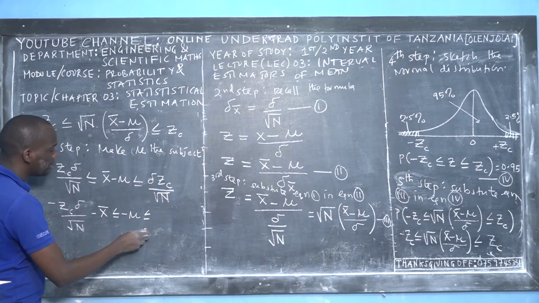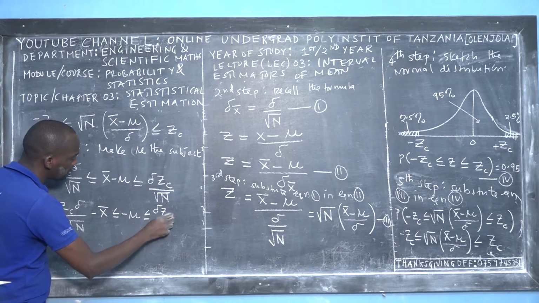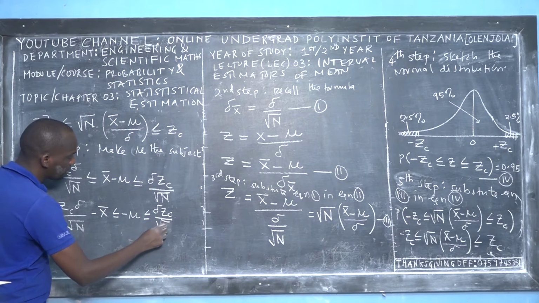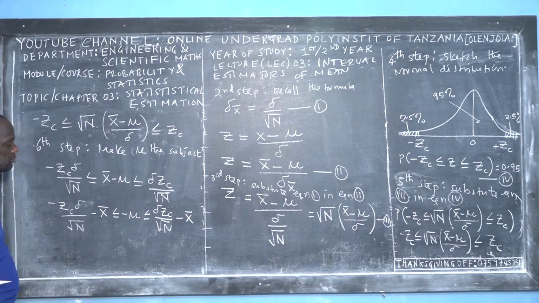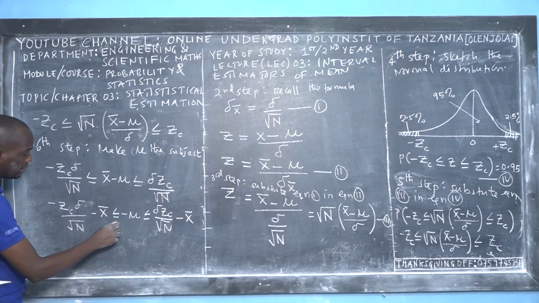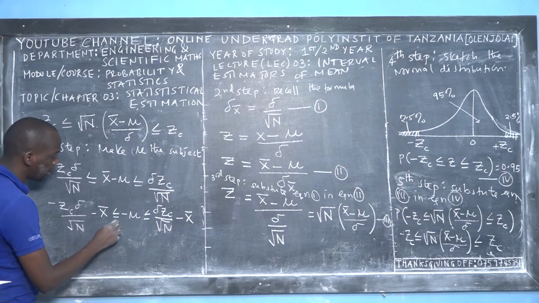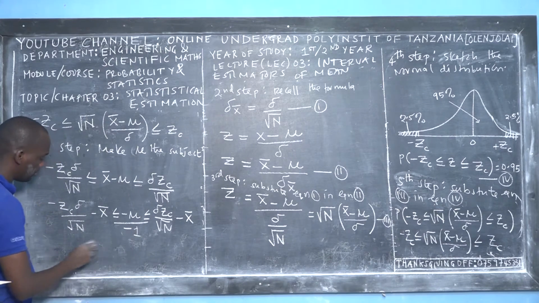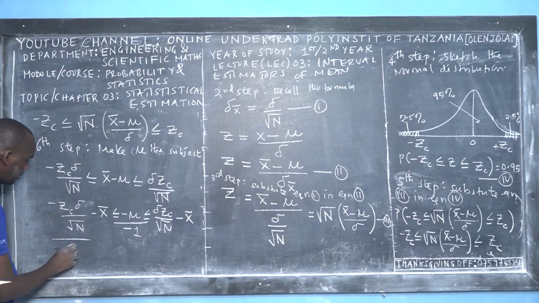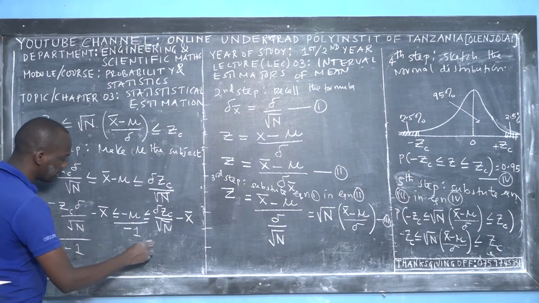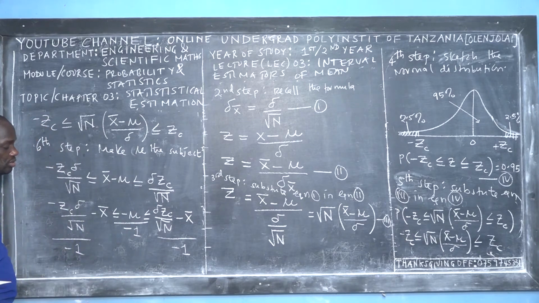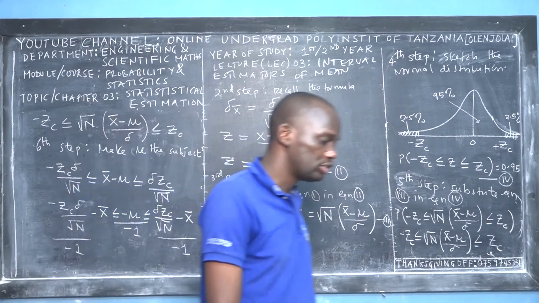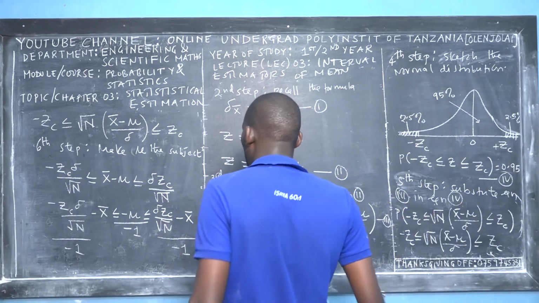And then this is less than or equal to the standard deviation times Zc over the square root of sample size, hence minus the sample mean, right? Then we divide by negative on all sides, the left side and the right side. If we divide by a negative, the symbols will change. The symbols will change, right? Because the symbols will change,